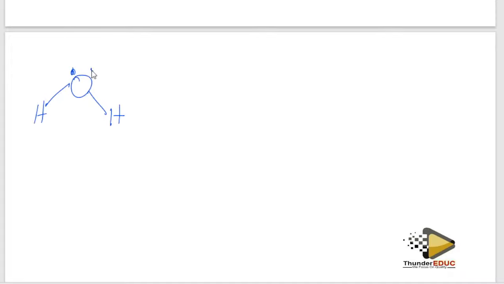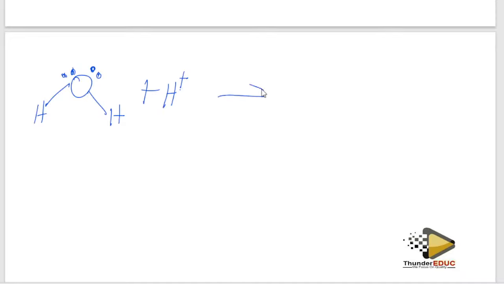Water is like this. So when you are talking about a dative bond, it means that I'm going to add another hydrogen. This hydrogen is positively charged, meaning that it has already lost the electron. Since it is positively charged, it doesn't have an electron, so the bond which is going to form here is going to come from the water molecule. You understand?